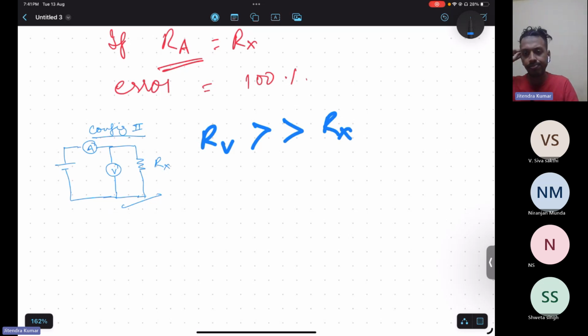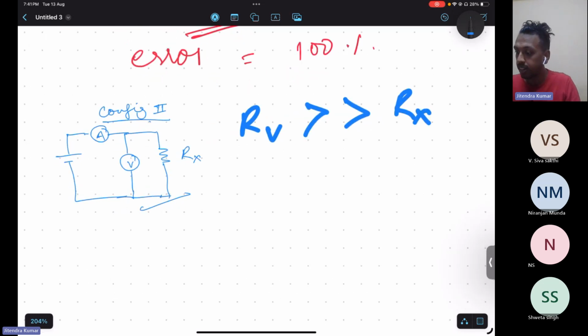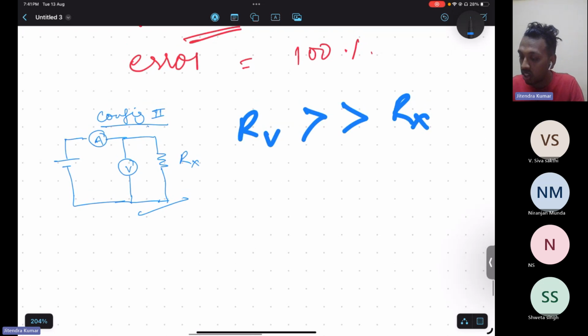To prevent current flowing into the voltmeter. Exactly. Excellent. So see, when RV is higher than Rx, then whatever the ammeter will read, the current IA,